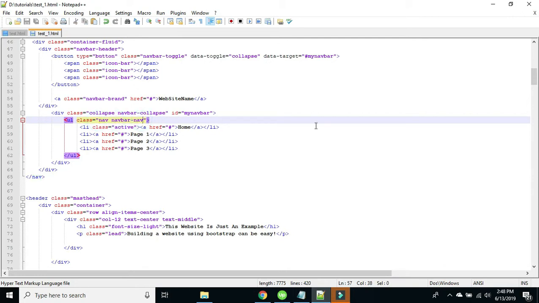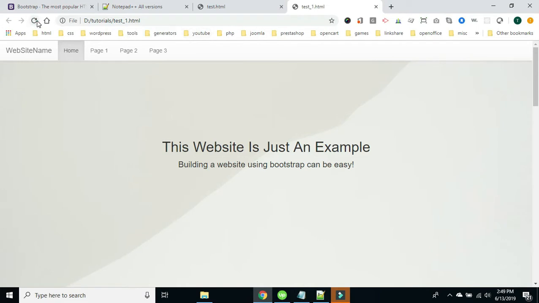So we'll add an additional class. We'll just add the Bootstrap class of pull-right. Okay, Control S, go back to our page, refresh our page, and there, as you see, my navigation menu items have been